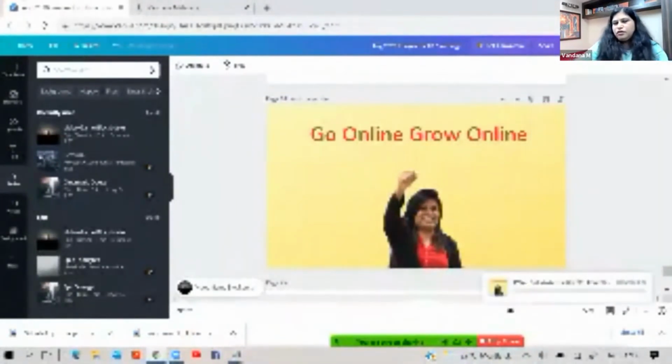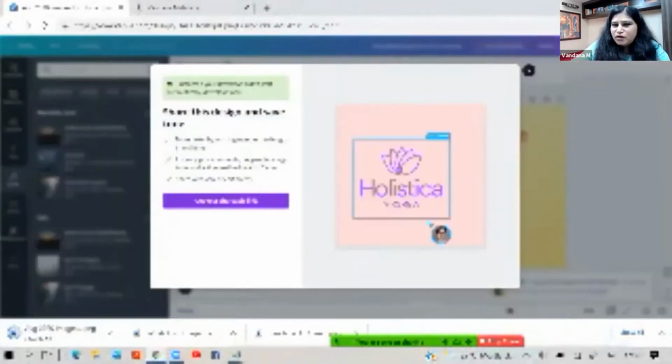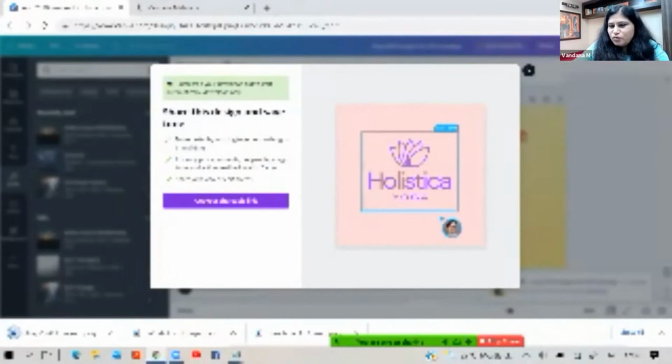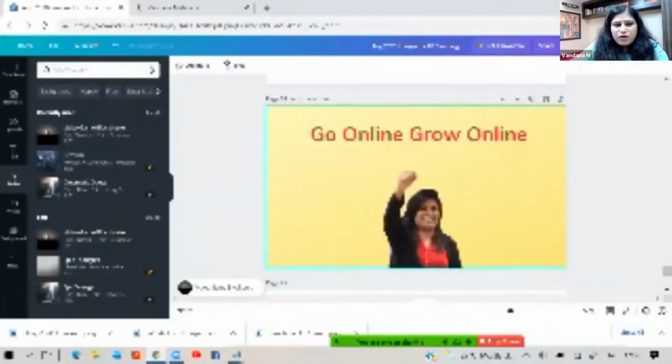That's all. There are many features, but we don't have to go into the details of every feature. You have to explore this on your own by creating things. You will learn a lot. There is no harm in trying. You're not going to lose anything. Some things will work for you, some things will not work for you. Just see what happens when you click this, what happens when you click that.